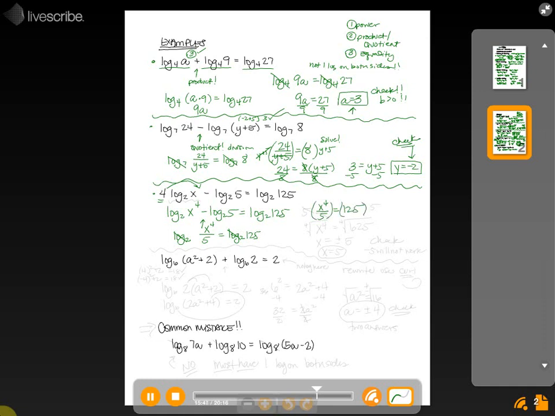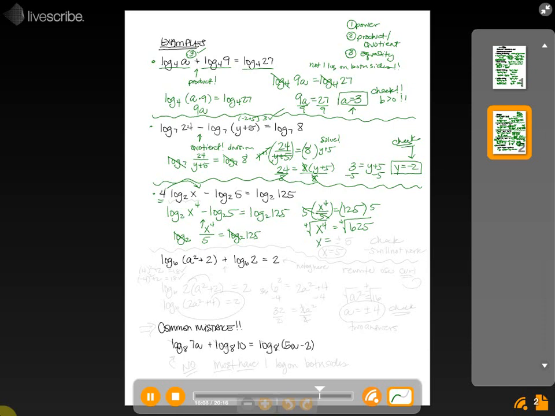We're going to get rid of our fraction, so we're going to multiply both sides by 5. Cancels that out. We have x to the 4th equals 125 times 5, which is 625. Now at this point, we're going to take the 4th root of both sides. So x equals,